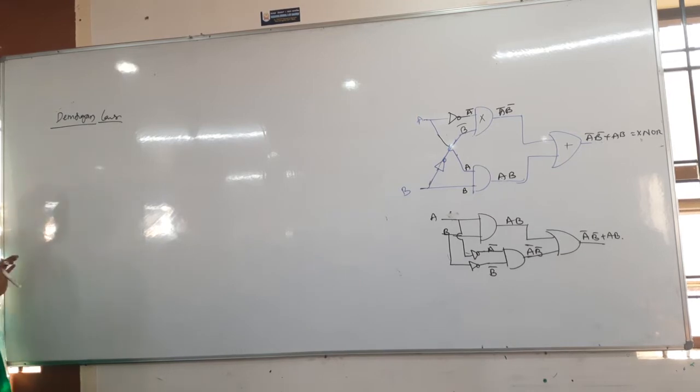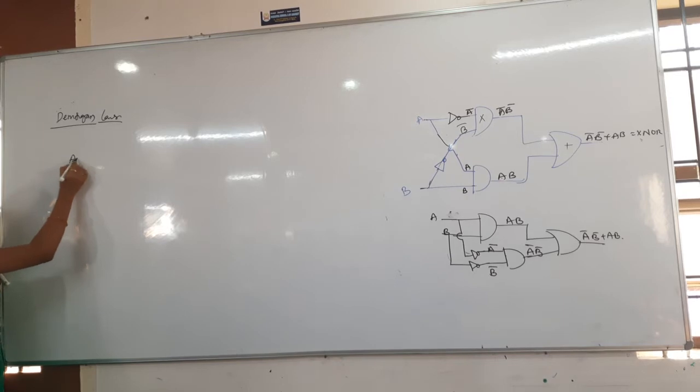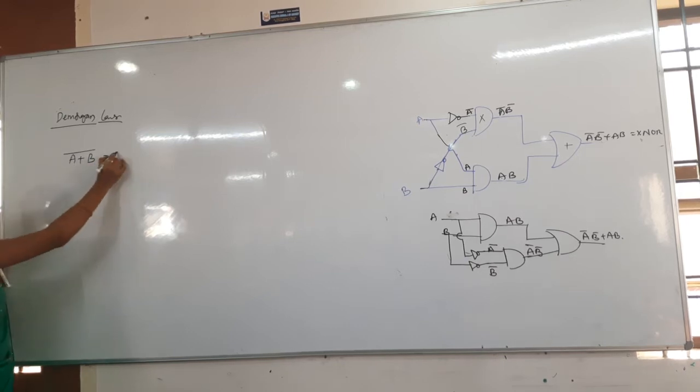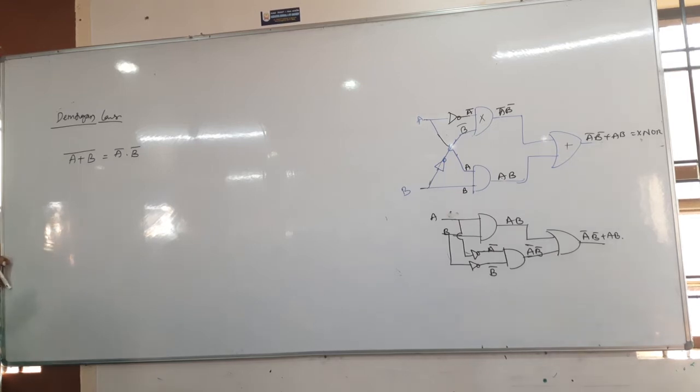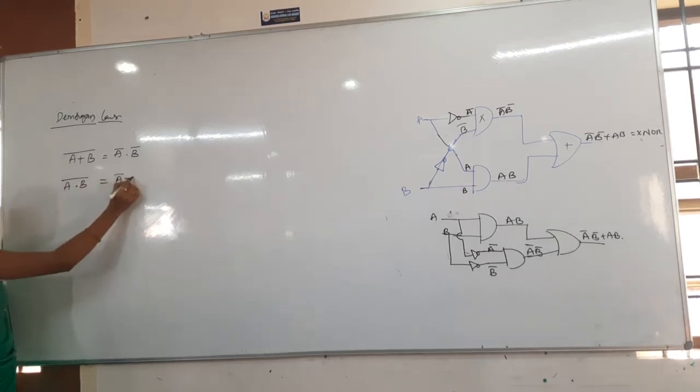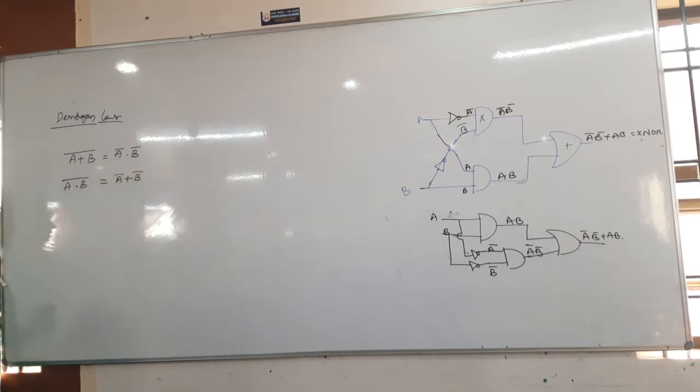De Morgan laws. So in these De Morgan laws, what De Morgan states is nothing but, here A plus B whole bar gives you, here plus will become dot, so that is A bar dot B bar. This is one of the laws. So the complement of the addition becomes the complement of the multiplication. That's it. So here even I can write A dot B whole bar becomes how much? A bar plus B bar. Clear? This is another one.